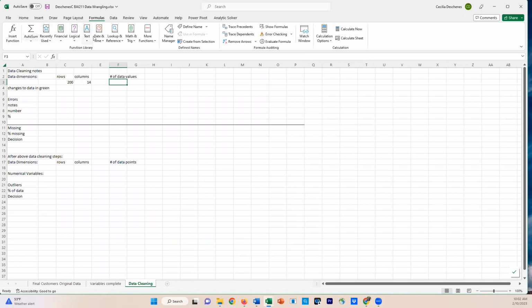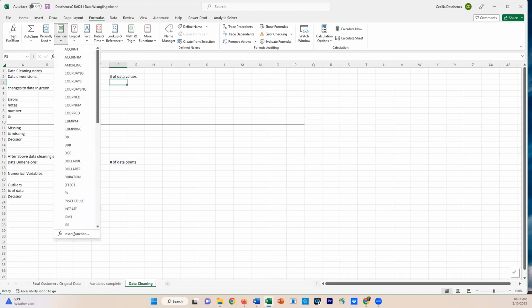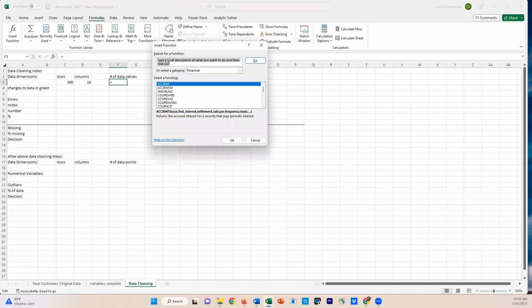I can look at some of the functions that are available in this library, if you will, and they're broken down by categories. I can also look at recently used, and I can see some of the functions I've used recently. I'm going to go to insert function, and in here it says type a brief description of what you want to do, and then click go. So let's say I want to count cells, and the category I want is all because I'm not really sure. So I'm going to say go,